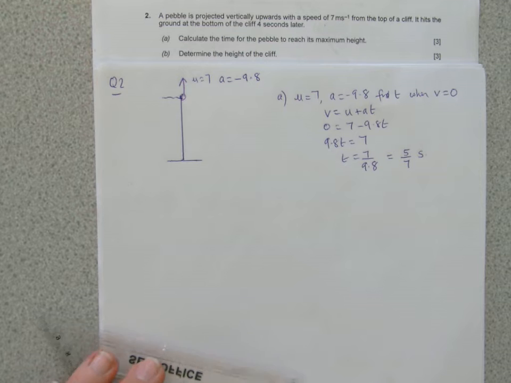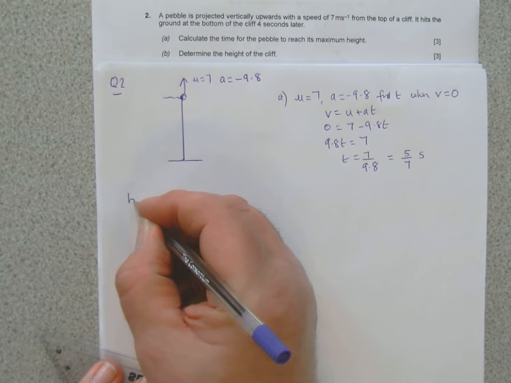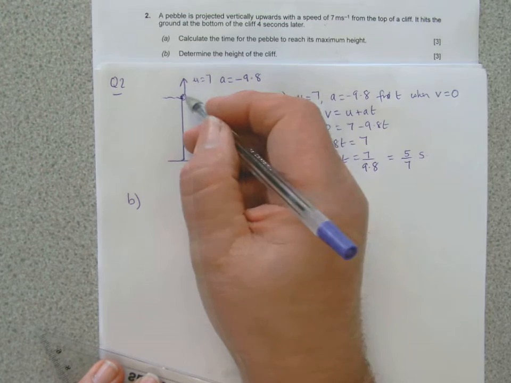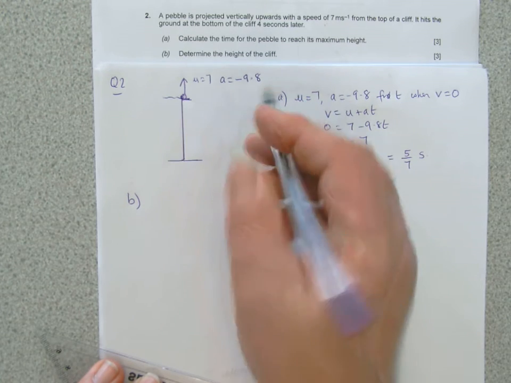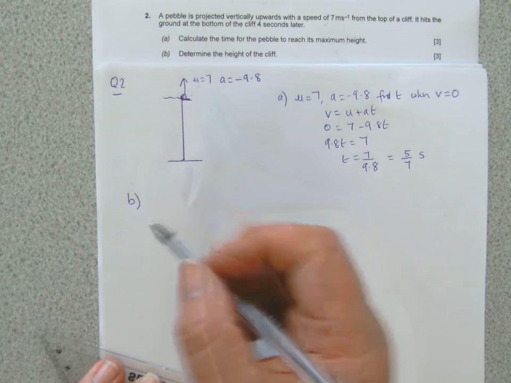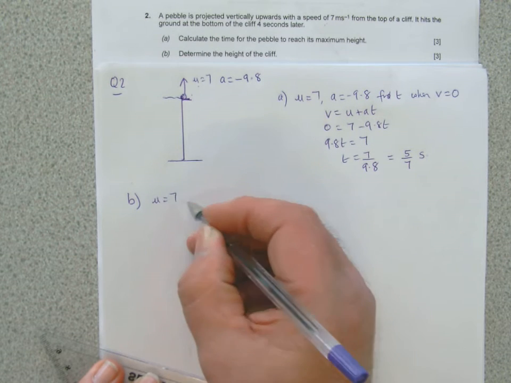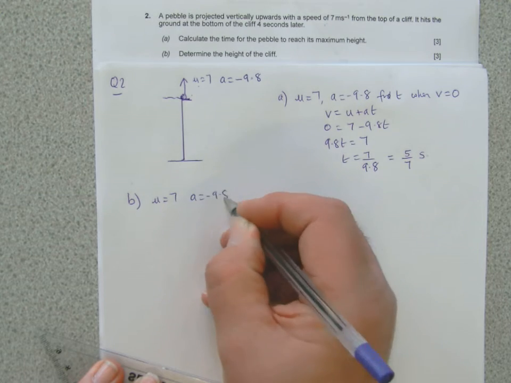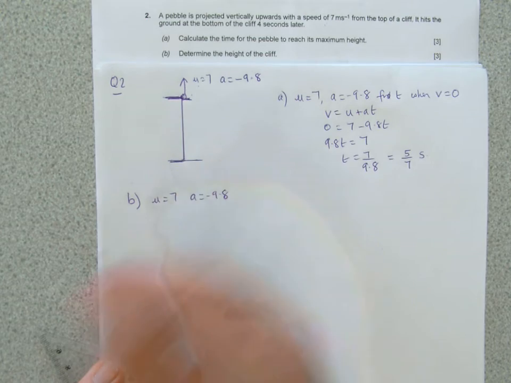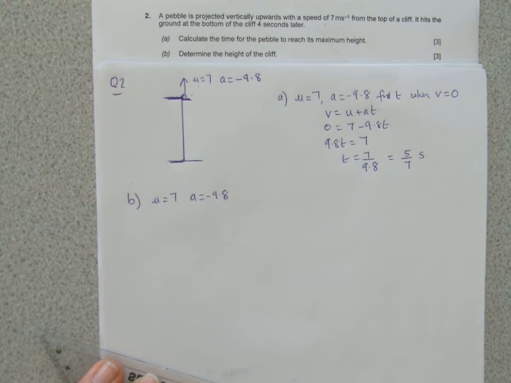Okay. Part B, determine the height of the cliff. Well, because upwards, the initial direction, is positive, I'm going to start with U equals 7, A is minus 9.8, and there's the top of the cliff, and there's the bottom of the cliff, and it's taking 4 seconds